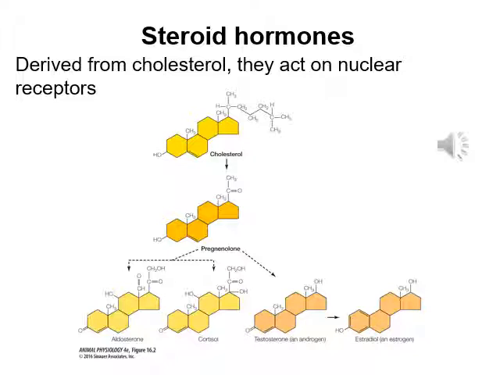Glucocorticoids are also made in the adrenal cortex. These are involved in metabolic regulation, and one you may be familiar with is cortisol. The gonads are another major producer of steroids. They produce the sex steroids such as testosterone and estradiol. Steroids are lipid-soluble, they cross membranes, and they target cytoplasmic or nuclear receptors, usually.